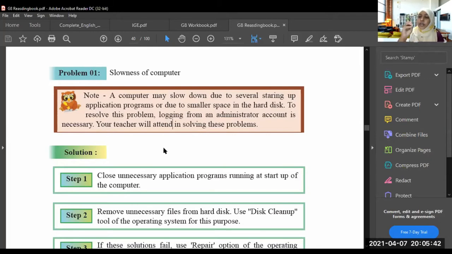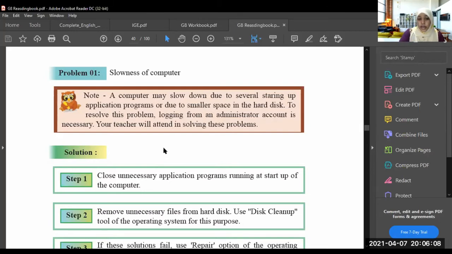Administrator account means the main account of the computer. You can create several user accounts in the computer, and the main account is the administrator account. If you want to install, delete, or rename things in the computer, then you should use the administrator account. If not, you can't do it. You can do nothing with other accounts.